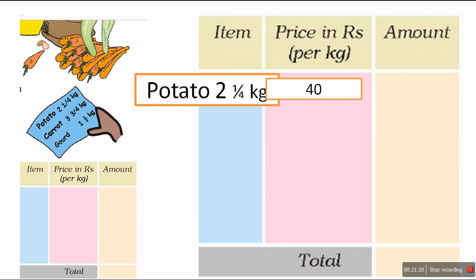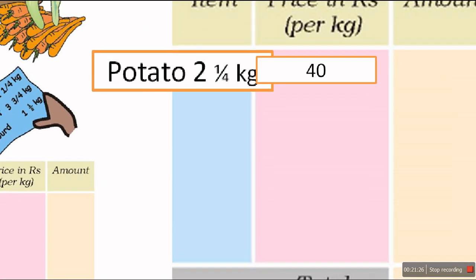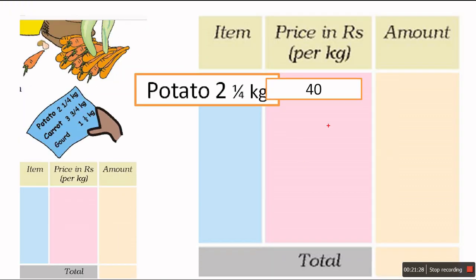So what will be the amount? 2 and quarter kg. So what could be the amount? 40 per kg, 2 into 40, because for 2 kg, we know that 40 rupees per kg price, so we will multiply by 2